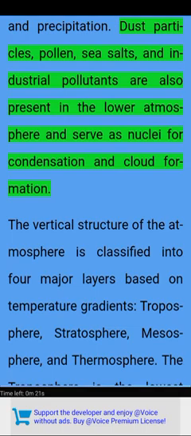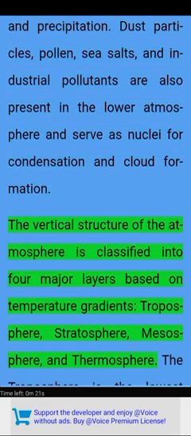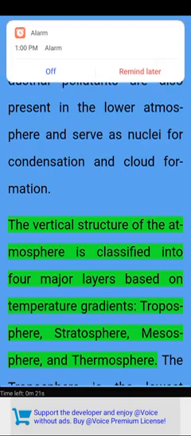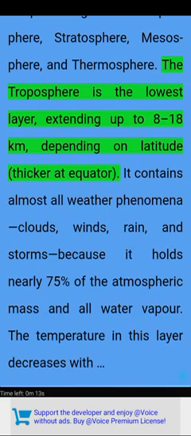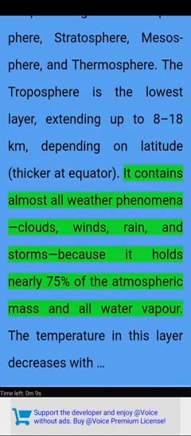condensation and cloud formation. The vertical structure of the atmosphere is classified into 4 major layers based on temperature gradients: troposphere, stratosphere, mesosphere, and thermosphere. The troposphere is the lowest layer, extending up to 8-18 kilometers, depending on latitude, thicker at the equator. It contains almost all weather phenomena, clouds, winds, rain, and storms, because it holds nearly 7